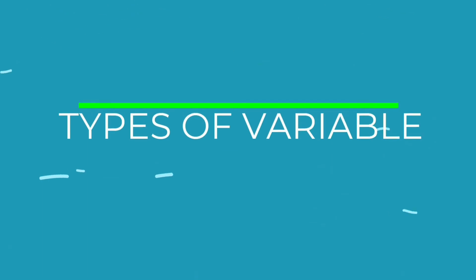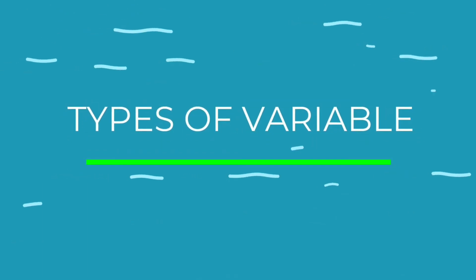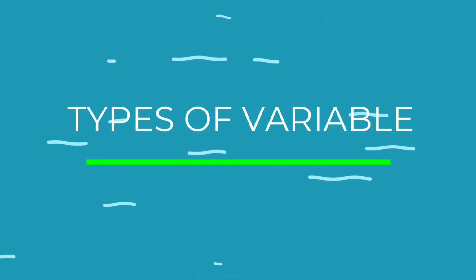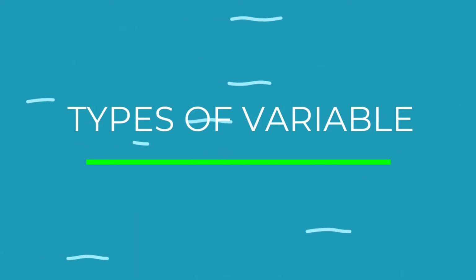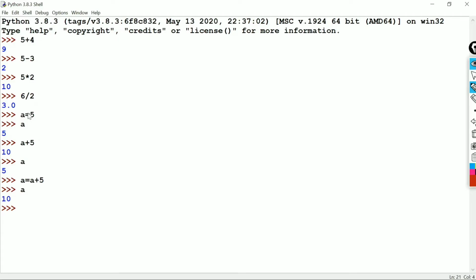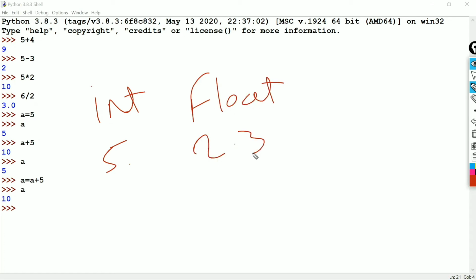To arrange our data in a manner, there are some variable types or data types in Python. Data is categorized in some types. Simple numbers without fraction or point values are integers, like 5, any value without a point. Numbers with fractions are float, like 2.33, 0.43. A string is a single character or a set of characters, like A, apple.